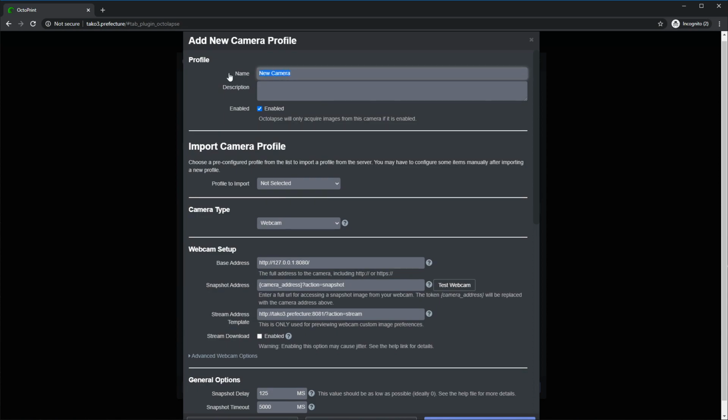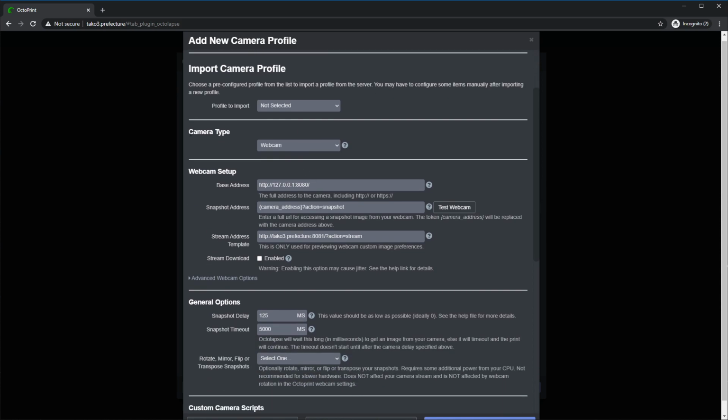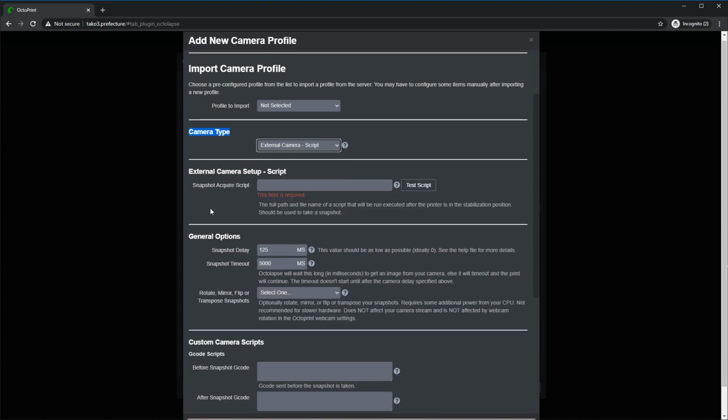And I'm going to call it Nikon D5200. You can call it whatever you want, but this is the kind of webcam I have, and that makes it easy for me to identify. And then you're going to want to go down to this camera type and pick external camera script, because this camera is a script camera. It's going to be run by calling that bash script. So right here, this setting, enable camera setup, this field is the script that we want to